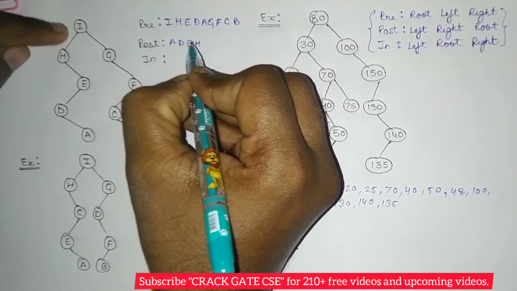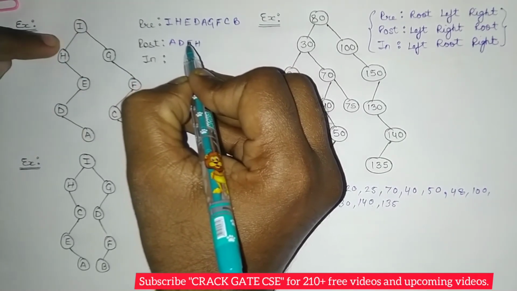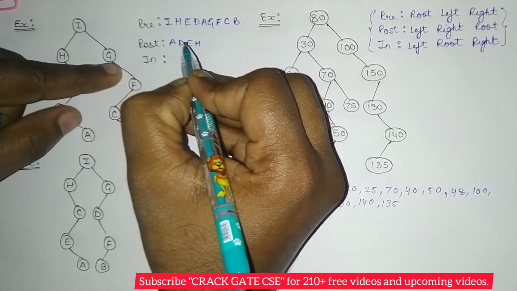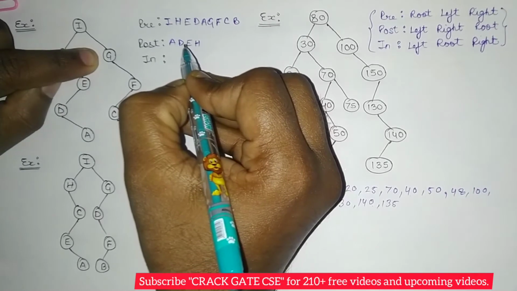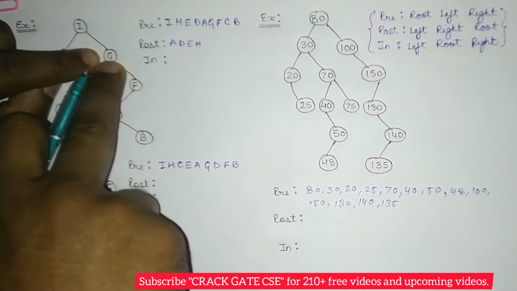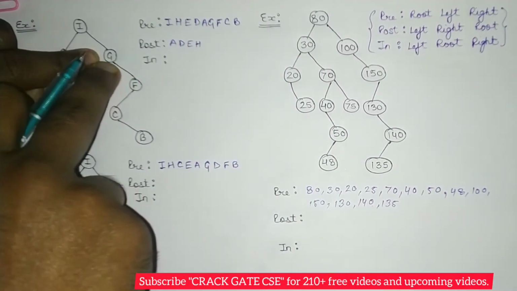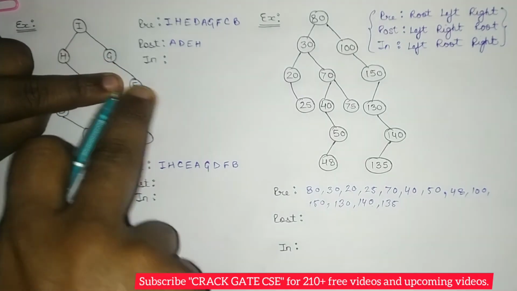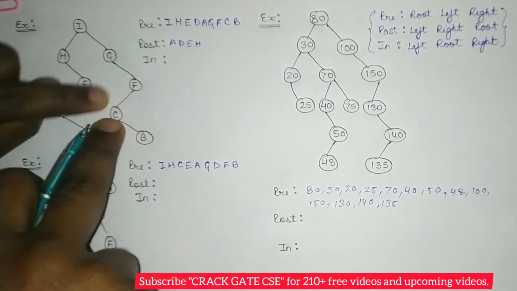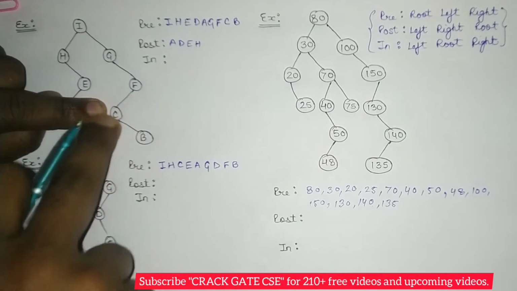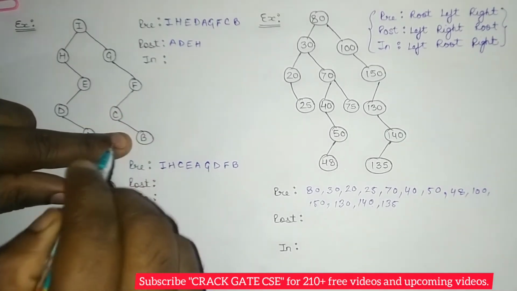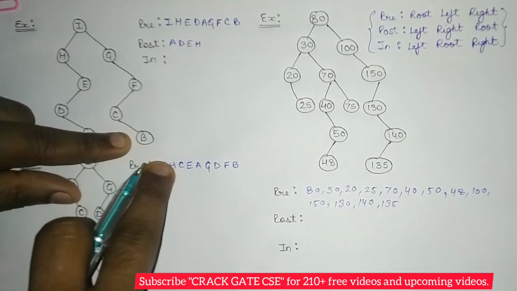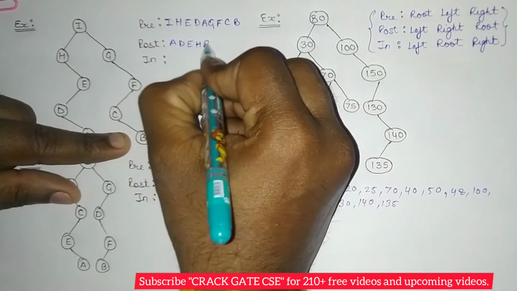For this I, this left is done, but this right is not done. So now completing the left of I, we are moving on to the right. So we came on to the G. Again we check if left is there, no left is not there, that means move on to the right. Again check left there, yes left is there, so move on to the left. Again check left, no left is there, so move on to the right. And when we came on to this B node, there is no left and no right, so start printing B.